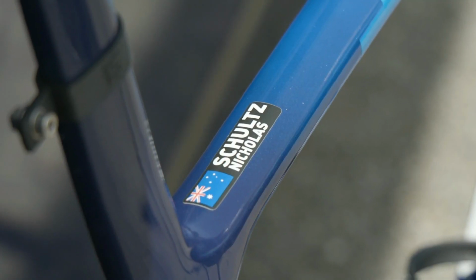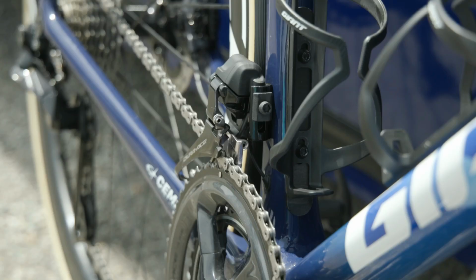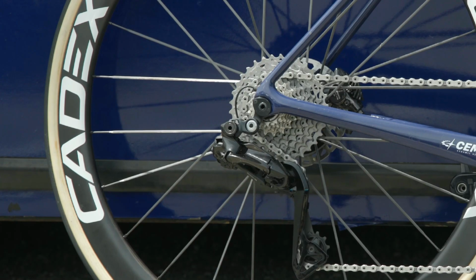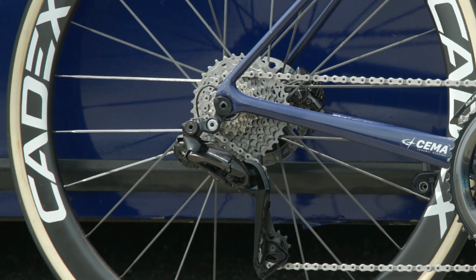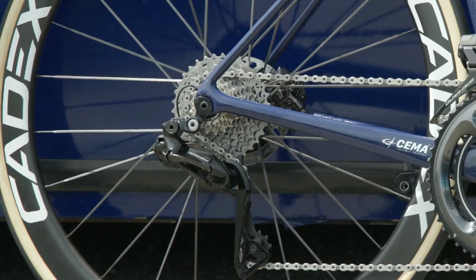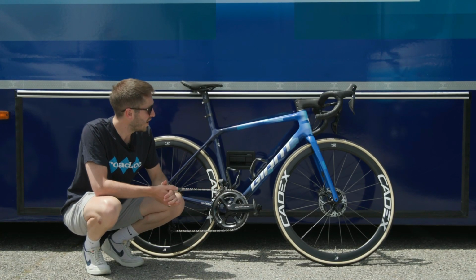and we've got the big old chainrings at the front. The bike that we have here belongs to Aussie Nick Schultz, and he has the new standard 54-42 tooth chainrings at the front, and then at the rear he's combined that with a massive 11 to 34 tooth cassette. Schultz is a bit of an all-round rider, but he does specialise in the hills, and